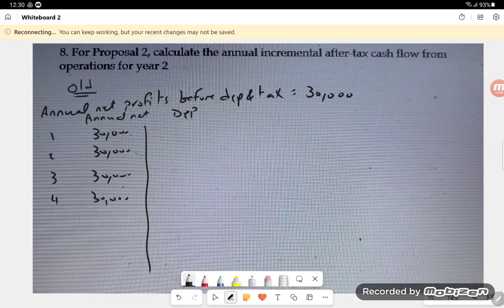And the depreciation as calculated is 9,600 and 40,000, and 4,000, 0 and 0. So earning before taxes will be the difference between the annual net profit before depreciation and tax and depreciation. So in this case, it will be